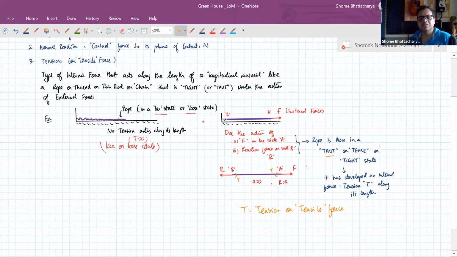Of course, if we subject a material like this to excess amount of force, then instead of balancing the force with tension, what happens? It will break, it will crack up, or it will just shred. So that's a different matter. We are not talking about that stage. We're talking about a situation where the material is intact, but the external force has just caused it to get tensed up. Or in language of Newton's laws, we say it has got caused it to get taut, T-A-U-T, taut. That is the word for it.